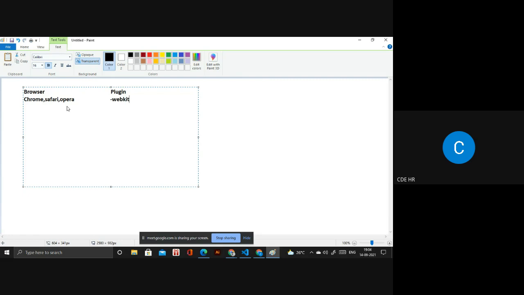In Firefox, we are using Mozilla, MOZ. And for Internet Explorer, we are using MS. Okay.